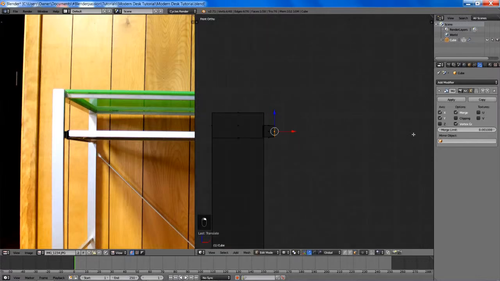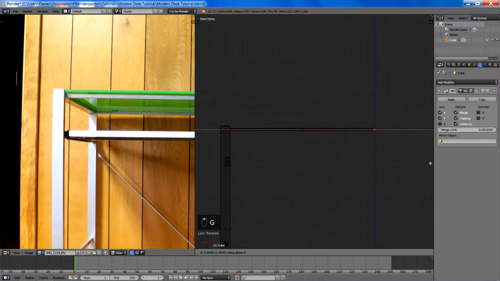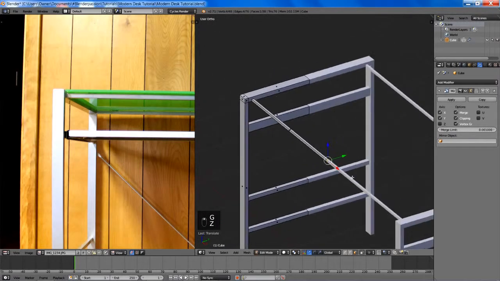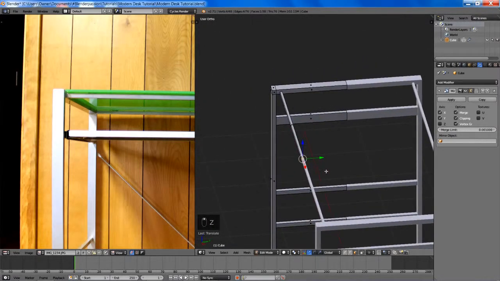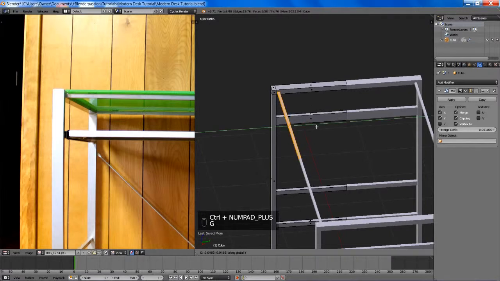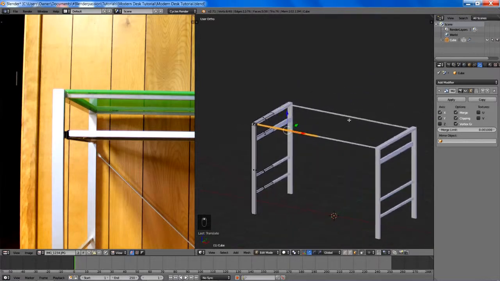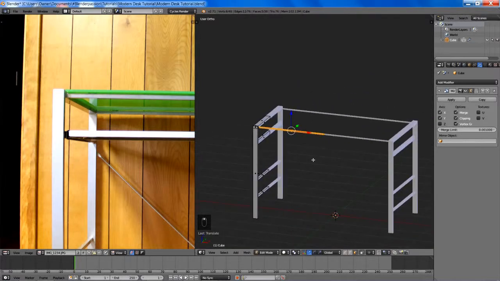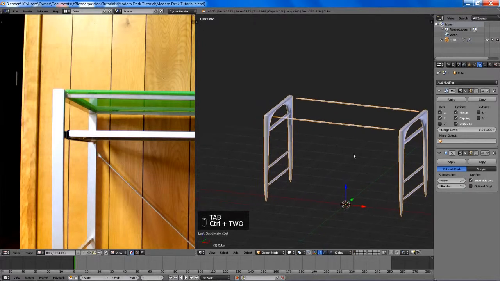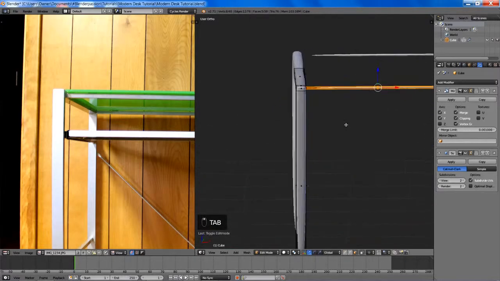We'll select that face, turn on clipping, and we'll just move it over there to the Z axis. And move it over a bit. So everything's looking pretty nice. I'll add a subsurf modifier to it. And everything looks a bit weird, but we'll fix that